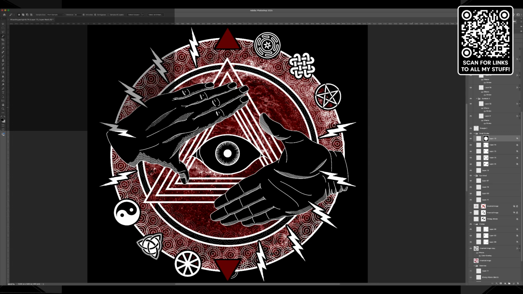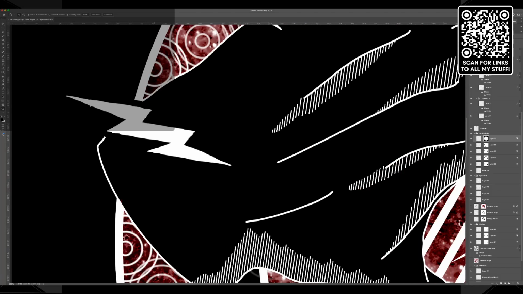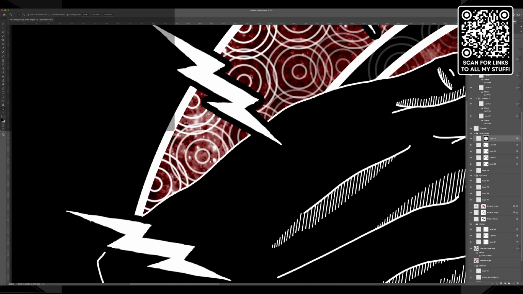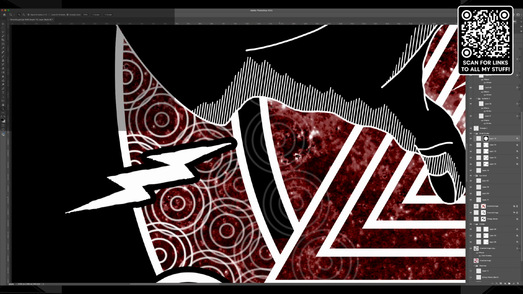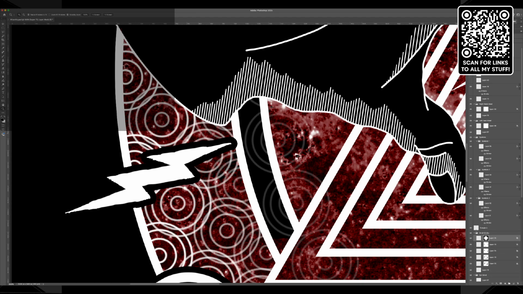Okay. And that's making me rethink now if I should make either the lightning bolts or the... Why does that lightning bolt look weird? Why does that look like that? Whoa, whoa, what is this? Why do these look so weird? Whoa, what happened here? Hold on. Why are the lightning bolts so weird looking now?